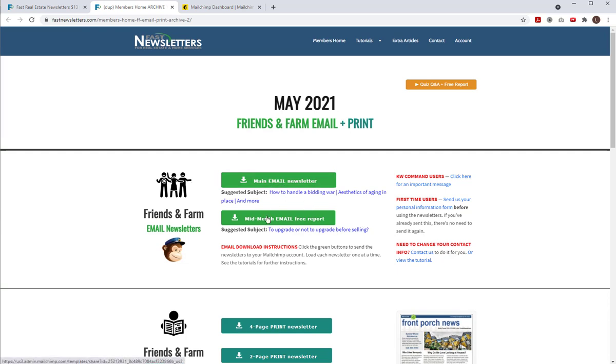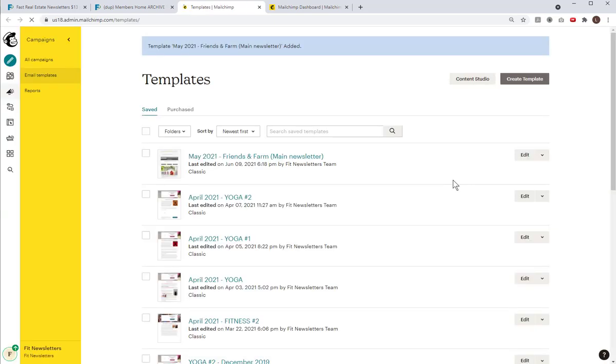Underneath each of these newsletter buttons, you see a suggested subject line. That's for the subject line field of the email that you prepare to send to your clients. To use our newsletters, simply click on one of the buttons. That will prompt you to open your Mailchimp account, and then it will deposit the newsletter directly into the templates